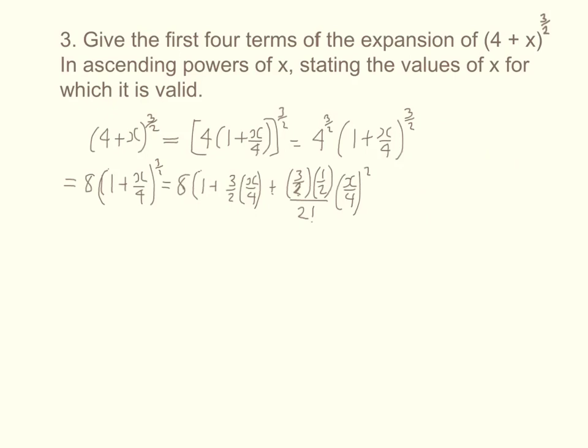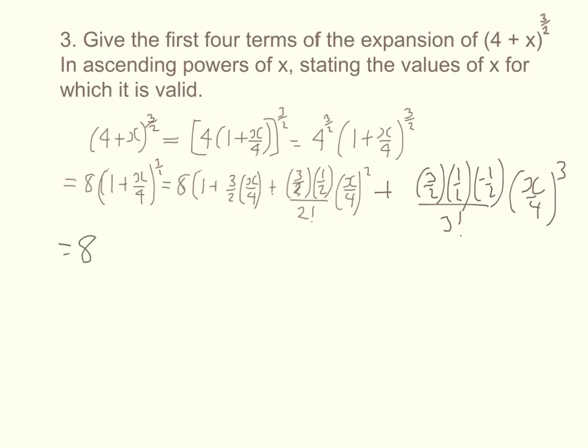Just make it a little bit smaller so that we've got room for the next term. So then we've got plus 3 over 2 times a half times minus a half over 3 factorial x over 4 cubed. Okay, so remembering our 8 outside, 1 plus 3/8 of x